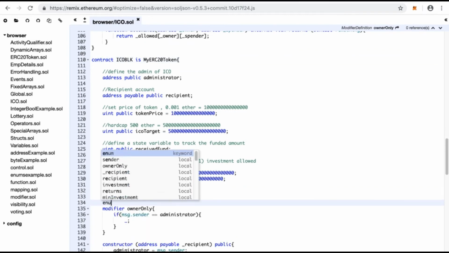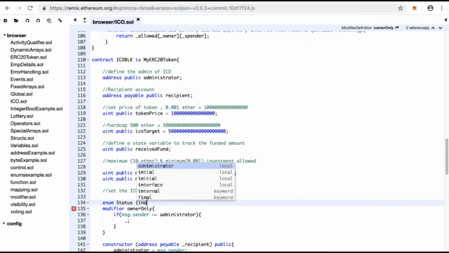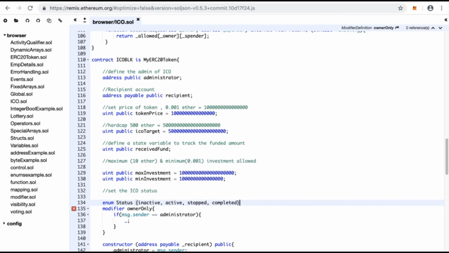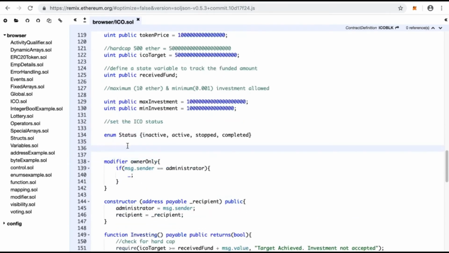We can write enum, then we can give the name as Status, and then we can give our values of status. So it may be inactive, active, stopped, completed. That's enough. We don't need a semicolon with enum, so we can now define the enum variable. As you know, when you define an enum, we can use this enum name, that is Status, as a data type, and you can define a variable name for this data type,